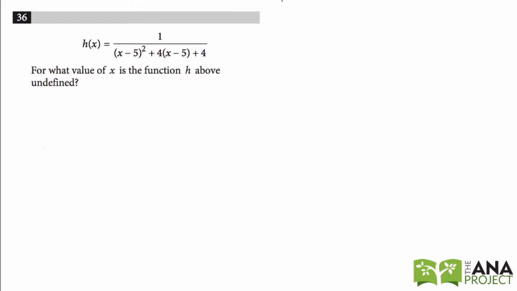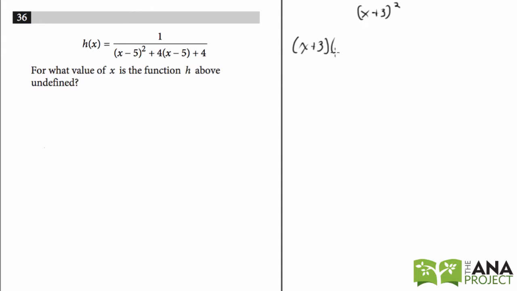Before we do problem number 36, we have to be able to identify perfect squares. So I'm going to give a simple example here. If I have x plus 3 quantity squared, that's an example of a perfect square. So we can actually FOIL that, x plus 3 times x plus 3,